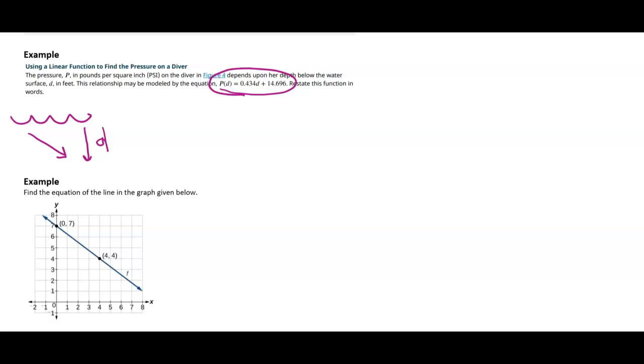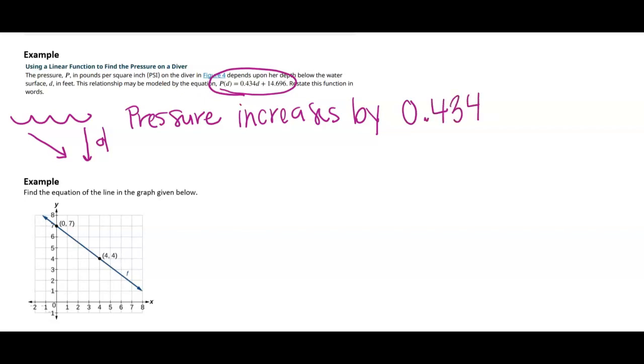So we're going to restate this. We're going to say pressure increases by 0.434. And it doesn't really give the units here. We need this in pounds per square inch per foot. It's PSI per foot. And I know that